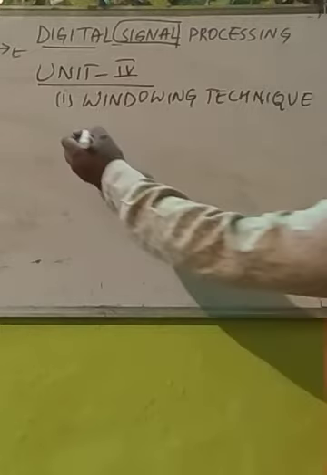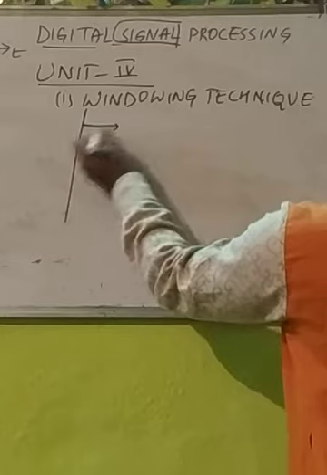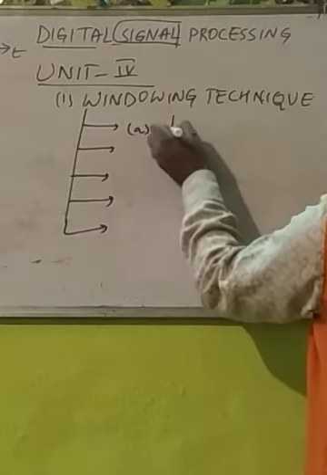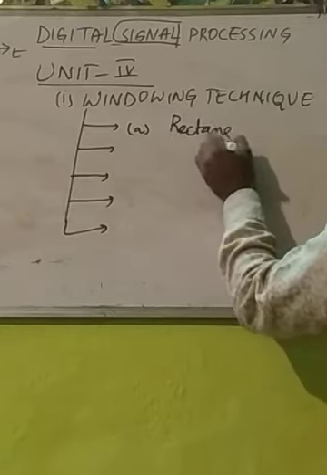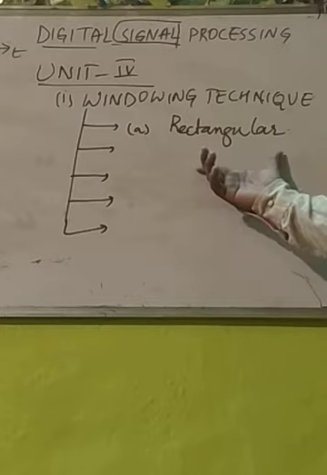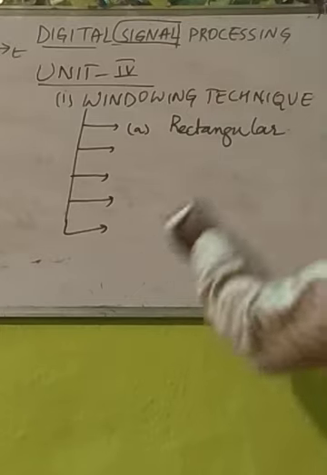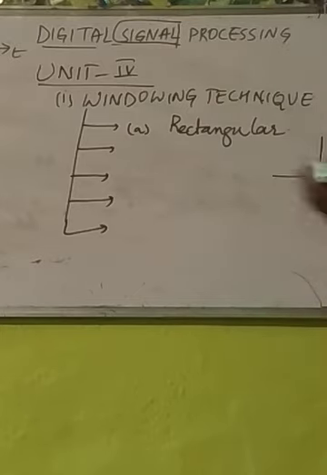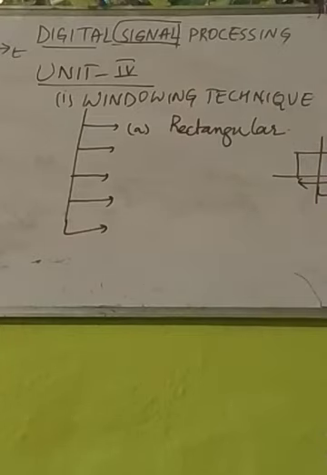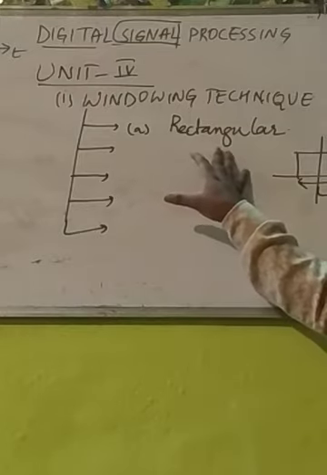Basically in windowing techniques we are going to learn the different forms. What are the different forms we do have? We do have a rectangular window. One basic name for the rectangular window is what? This rectangular shape. When we know the rectangular shape, you have one length, one breadth like this, right? So this is called a rectangle. Length is there and this side is your breadth. So this is like a rectangle. So we want to use a rectangular signal. We are going to use lobes. When we design it, you come to know about the rectangular window.